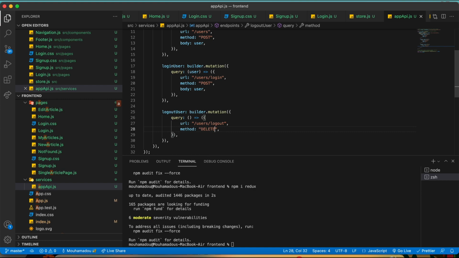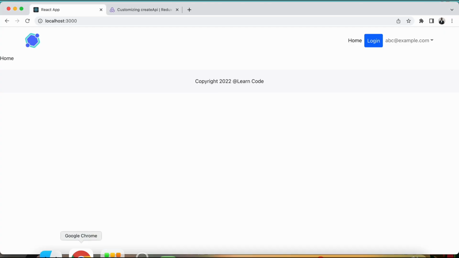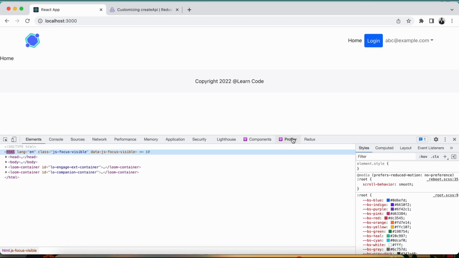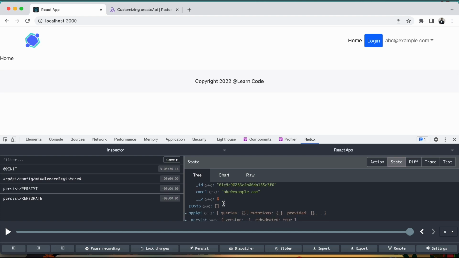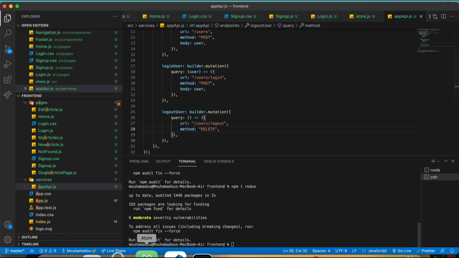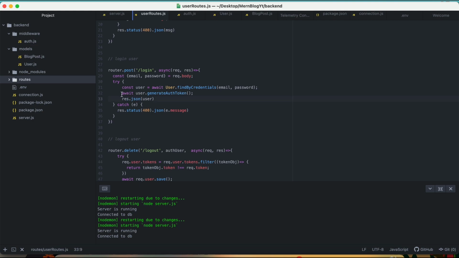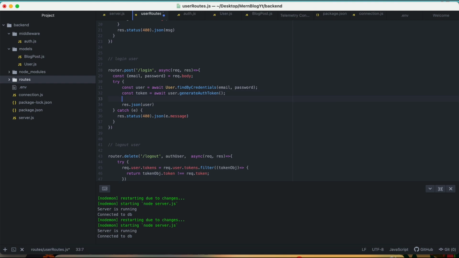Now we need a way of grabbing the token, because right now if you look at the state, inspect that. So the state, the user, it has a token. We are not sending the token actually, so we need to send the token. So let's change it. So here in our login we say const token. We await the token, and we say actually